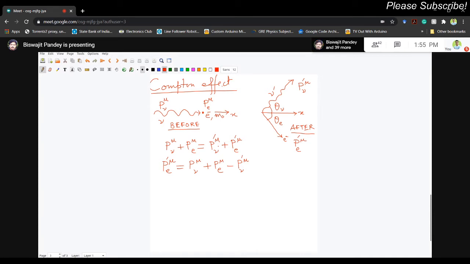So we want to keep the number of unknowns to a minimum. If I rewrite the equation in this fashion, the problem will be a bit easier. You see, if I now take the norm on both sides, what do I write? I write p mu prime of the electron is equal to, I am just taking the norm on both sides. So this will be p mu